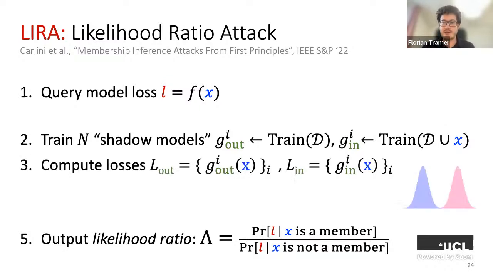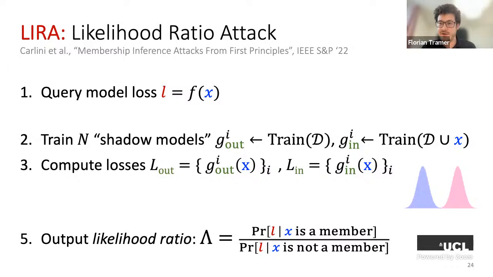And then we can just, for each of these models, compute their loss on the input we care about. And so this way, we're going to empirically approximate these distributions. And then the last step of our attack, which is actually a very simple step,